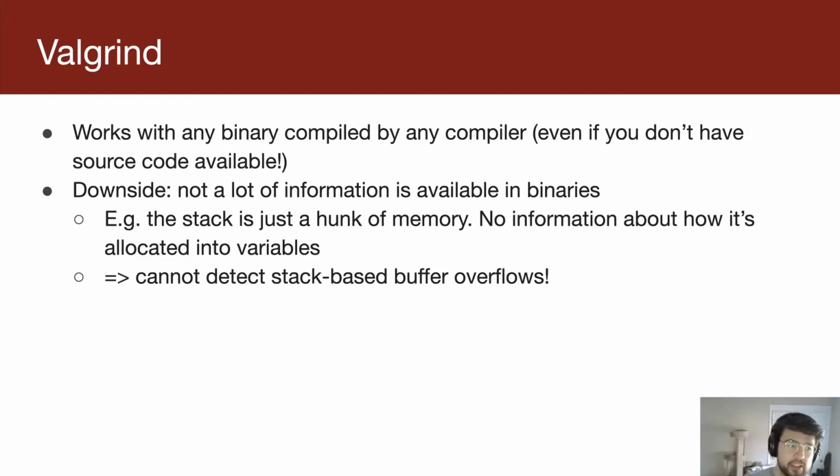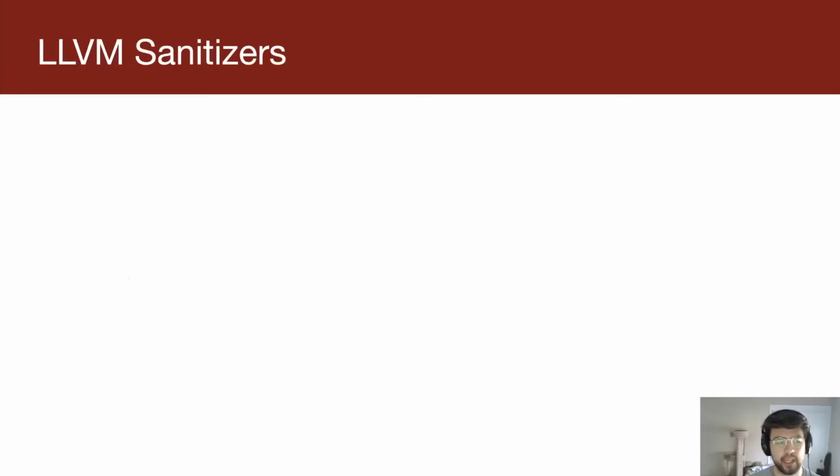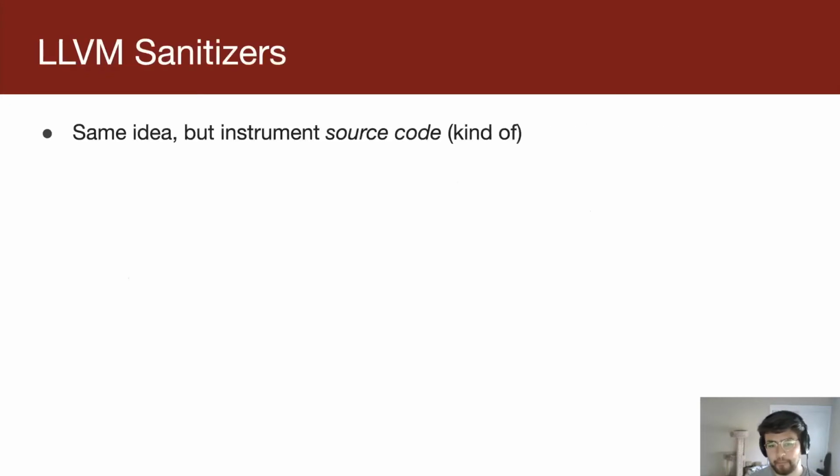There are next generation tools called sanitizers, which I think everyone should be using instead if you can. It's the same idea, but instead of instrumenting the assembly, by the way, instrumenting means hooking in and modifying so you can see what's going on, you're instrumenting the source code. I'm approximating here. It does some fun transformations before it does instrumentation, but we won't talk about the specifics.